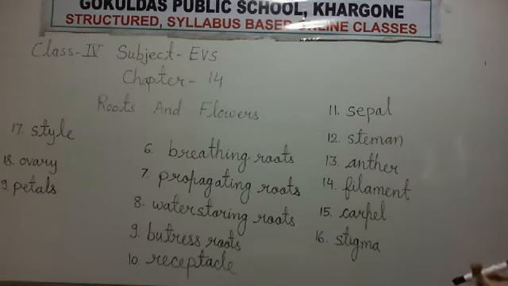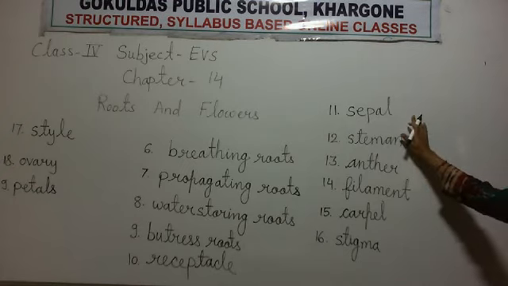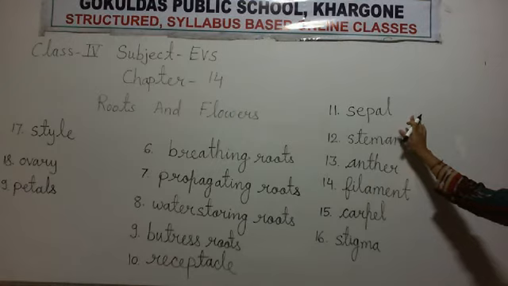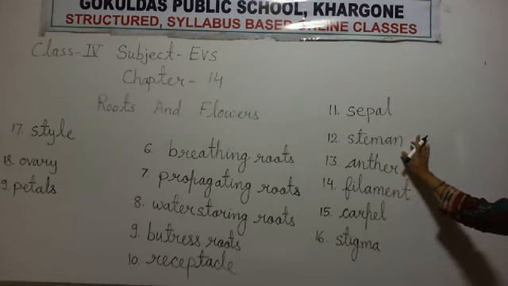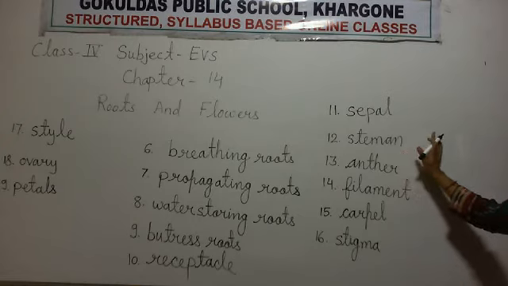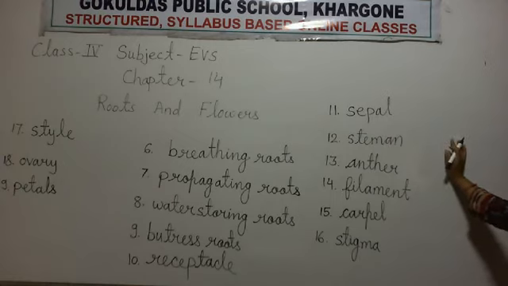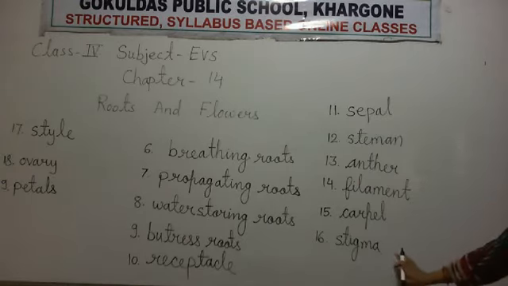Clear? अगर आपसे कोई पूछता है कि what is the sepal, सबको आंसर बताते आना चाहिए. Okay? What is the meaning of the stamen? What is the stamen? This is the male part of a flower. What is the carpel? It is the female part of a flower. Clear? Stigma, style and ovary. What is the meaning of these parts? Style, stigma and ovary make the female part of a flower.